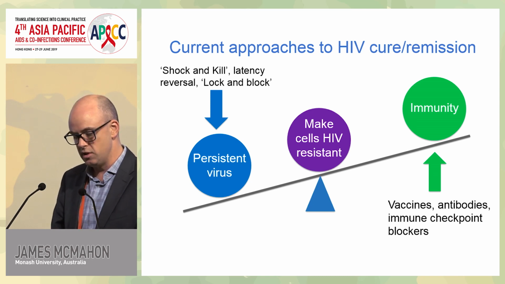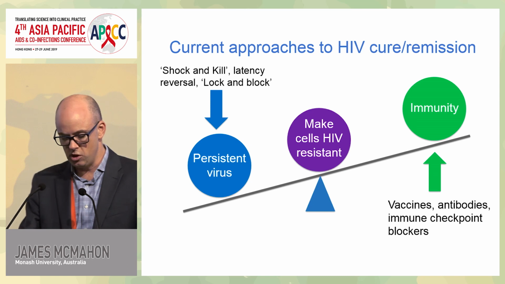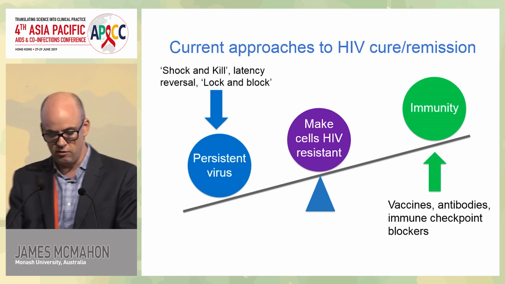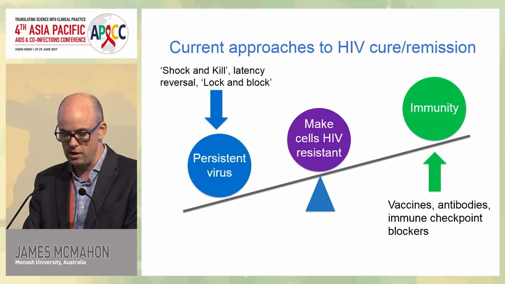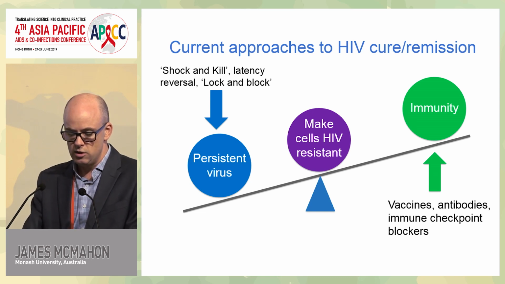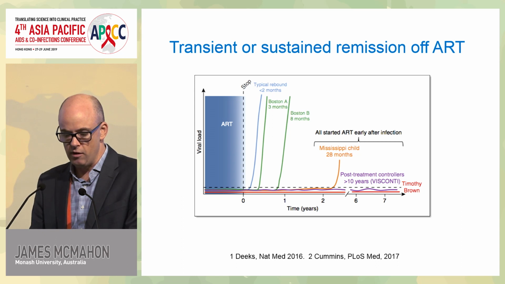And the middle of the seesaw is just to talk about ideas in which you could make cells resistant to HIV infection, which really is by altering CCR5 expression, which is the cure patients to this point. So as a little bit of background, there have been some high-profile cases, some of which are summarised in this little figure.